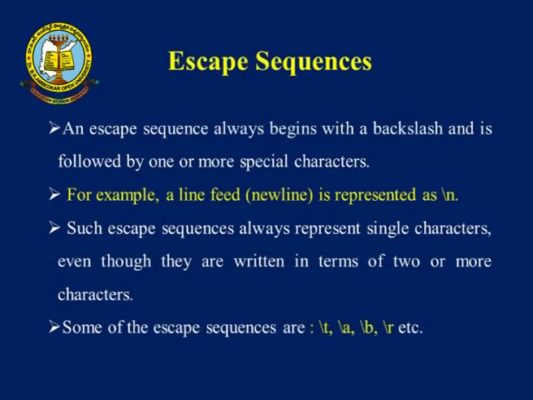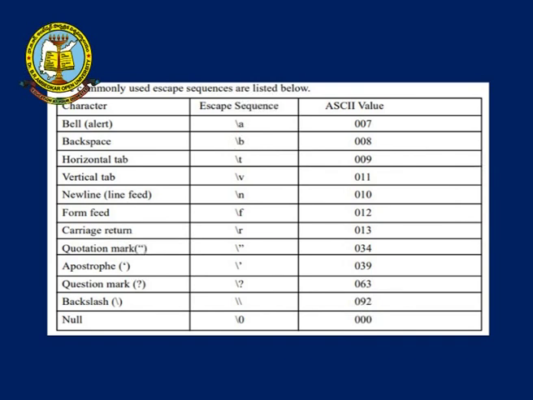So if a compiler encounters \t, it will move one tab forward. And \a, \b, \r, all these are examples of escape sequences. Escape sequences have their own ASCII values, which are below 32. \t horizontal tab, \v vertical tab, \n new line, \f form feed, \r carriage return, \" is a double quote,